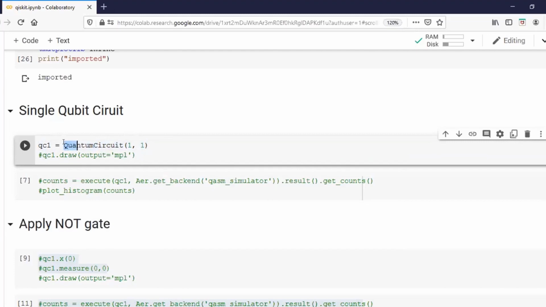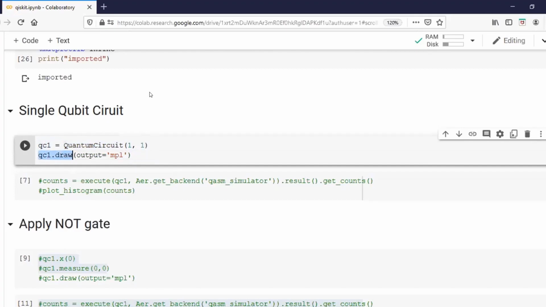QC1 is equal to quantum circuit with the uppercase Q and uppercase C for circuit. And inside the bracket, I give a 1,1. To visualize, this line will create a quantum circuit with one qubit and one classical bit. To visualize this, I am calling a function called draw.